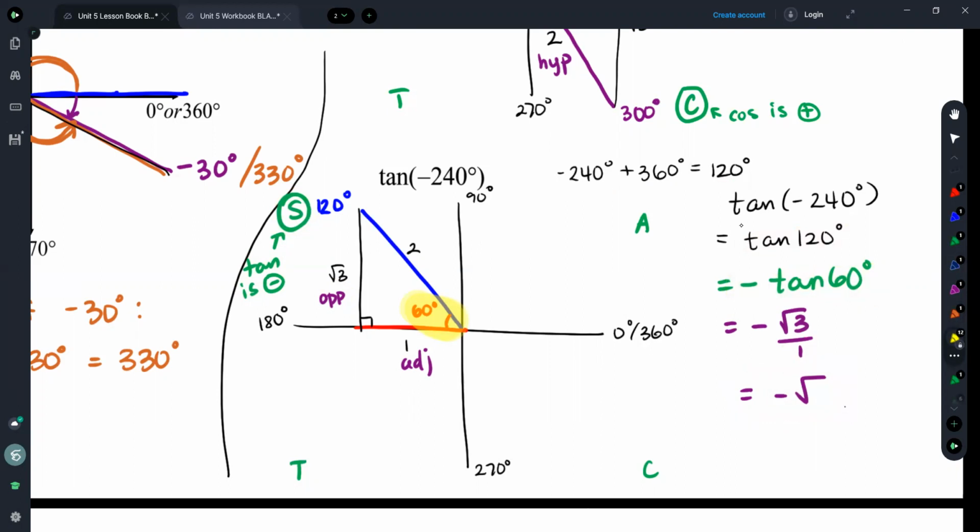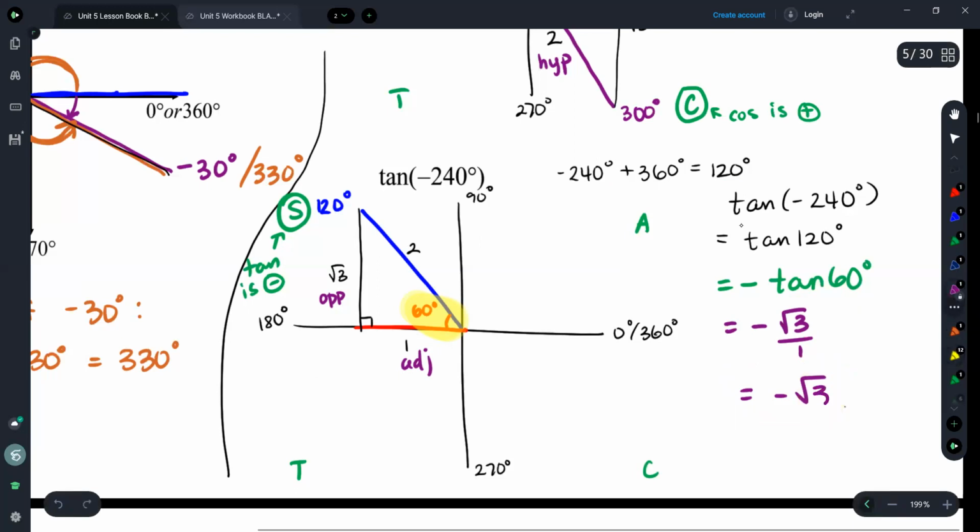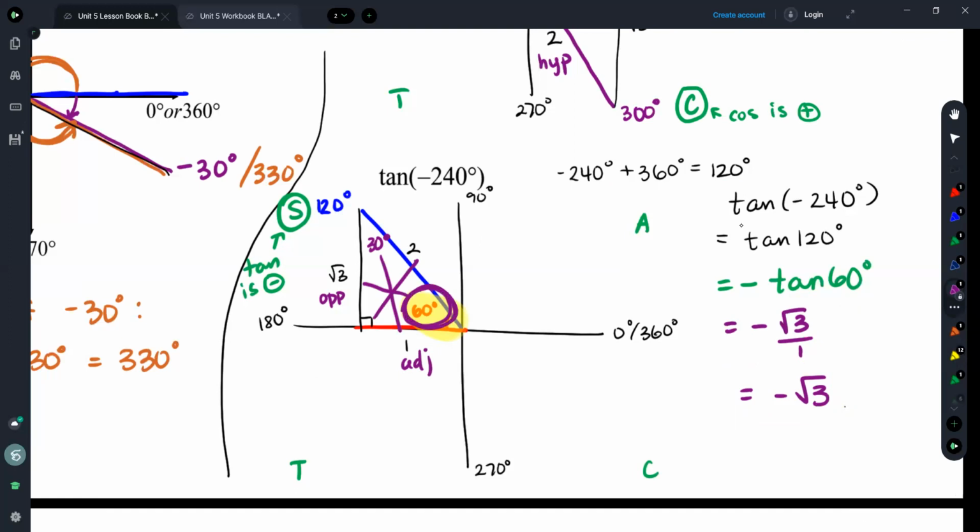So in order to do this, you need to make sure you know the special triangles, and you need to know what goes across from what, right? So I always know across from 60 is √3, across from 30 is 1, and the hypotenuse of this triangle is 2. So whatever my reference angle is in there will decide where those other pieces go, right? So you have to remember which sides go across from which angles. Okay. Make sure you guys practice this stuff, okay? It might seem like you're kind of along